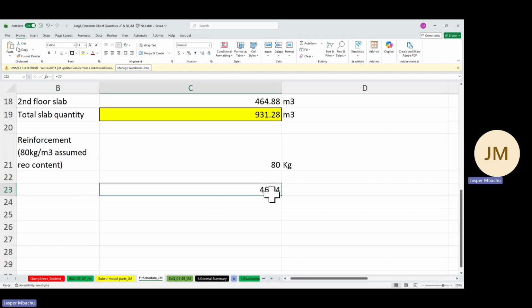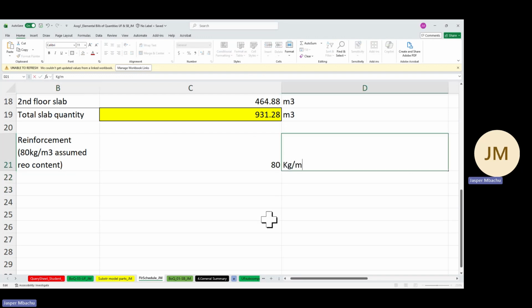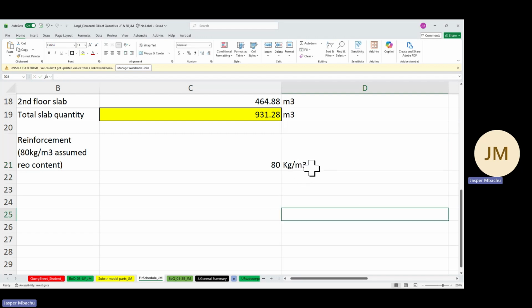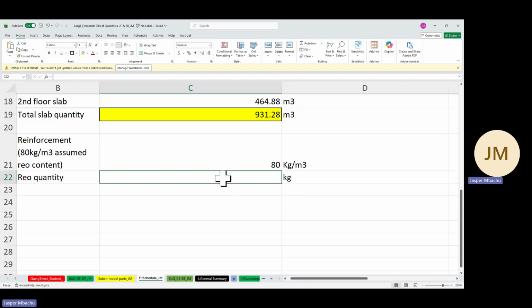Sorry, it's 80 kg per meter cube. Then we will say real quantity. We want it in kg, real quantity in kg. Now we place a cursor here, say it's going to be equal to whatever quantity we got here. We click on it and then click on star or times, and then we pick this up. So that gives us